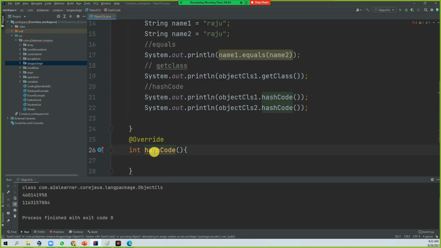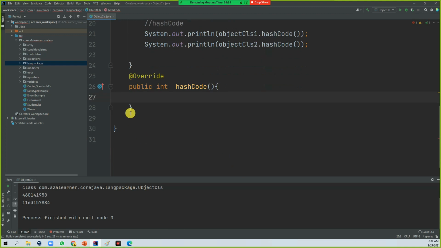Still it has some issue. hashCode is public and returns an integer, right? So here I'm going to return some value. Let's return the value 2345. Sorry, it is a number.